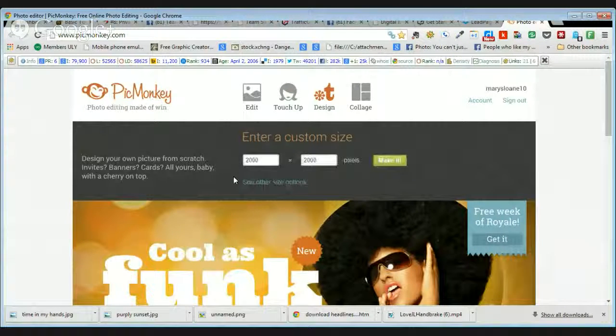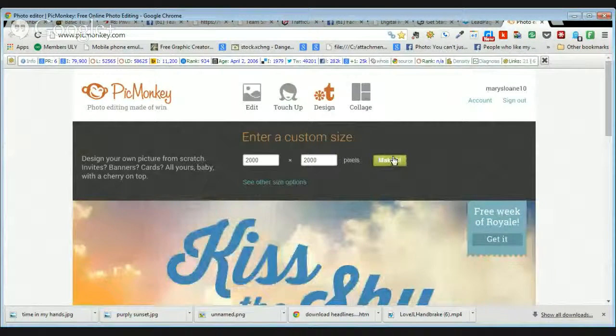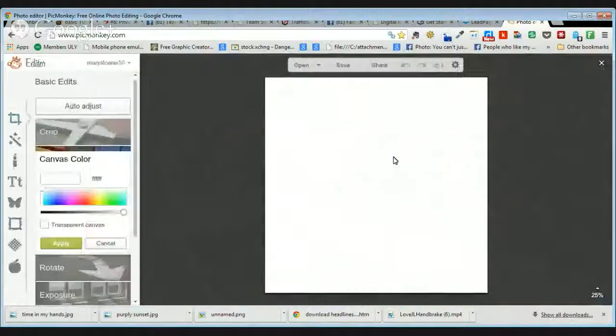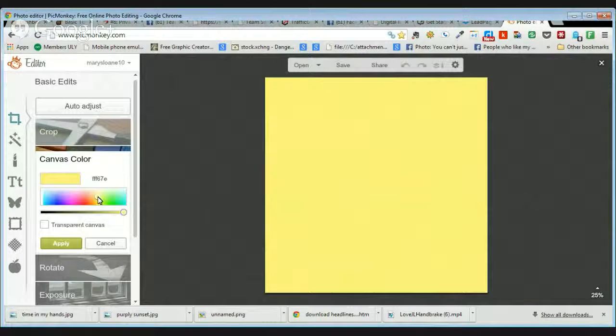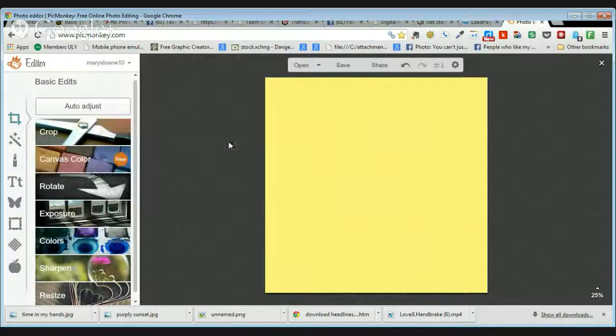And I'll make it sure, why not? Okay, and my coloring was sort of yellow. Oh, that's pretty good. I don't know if it's exact, but close enough. And so I'm going to apply that, and I'm going to